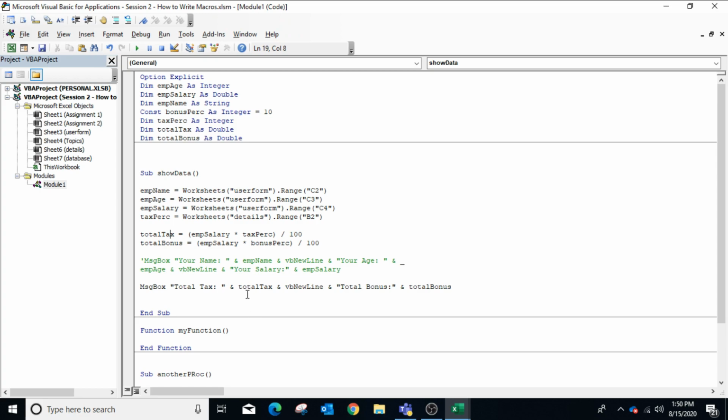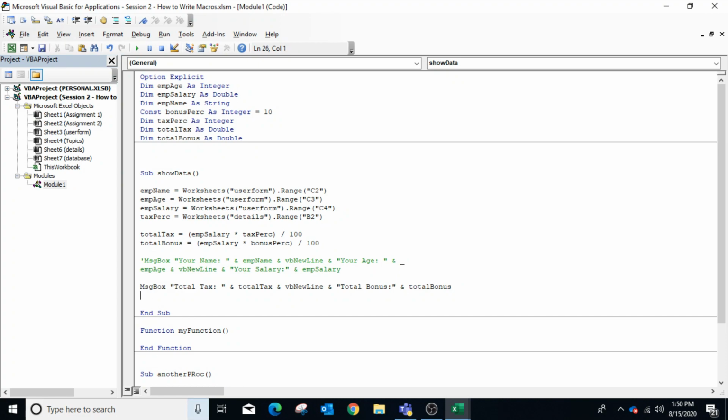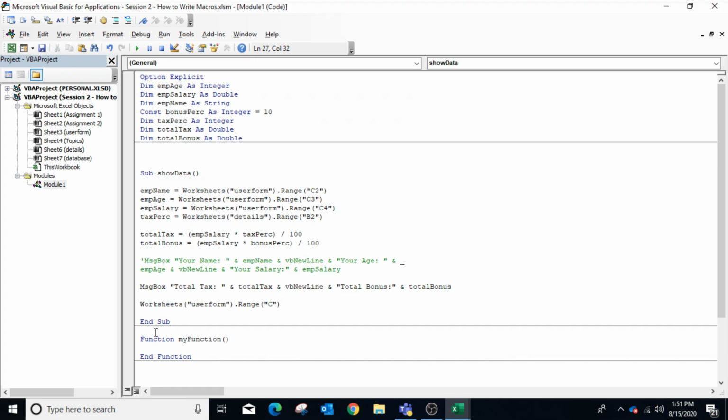Now instead of showing the values in a message box, we can write the values in the Excel sheet itself. In the user form, cells C10, C11 and C12 are for bonus, tax and total salary. To show the value of bonus in C10, again we will use the hierarchy. So I'm copying the formula, Range C10 equals totalBonus.